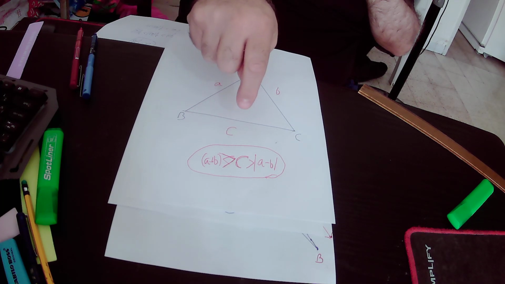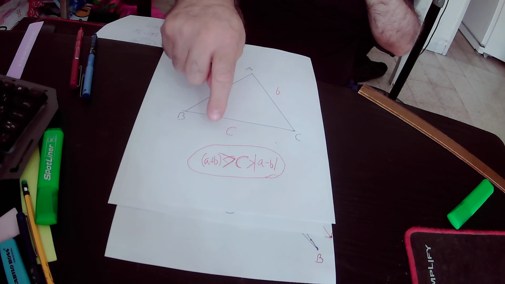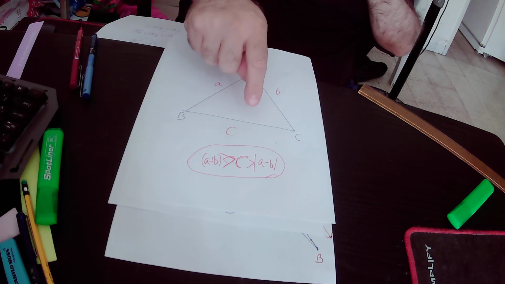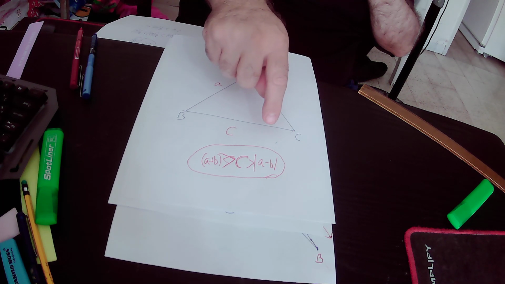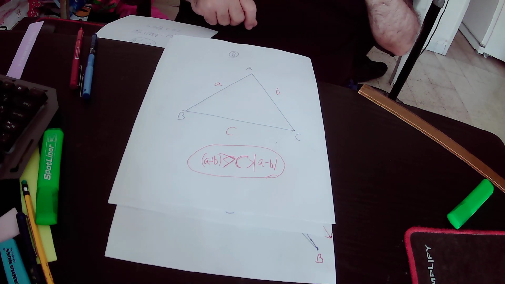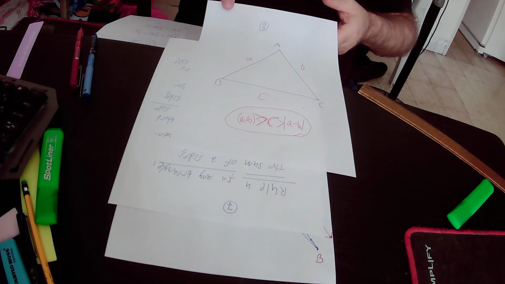That actually rule number 4 states that A plus B is greater than C from one side, but from the other side the absolute value of A minus B will be smaller than C. Okay, so again we can implement rule number 4 in our drawing,